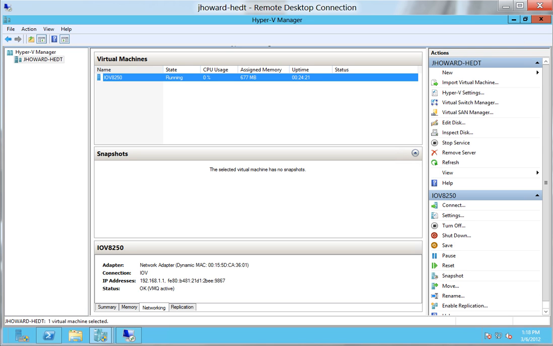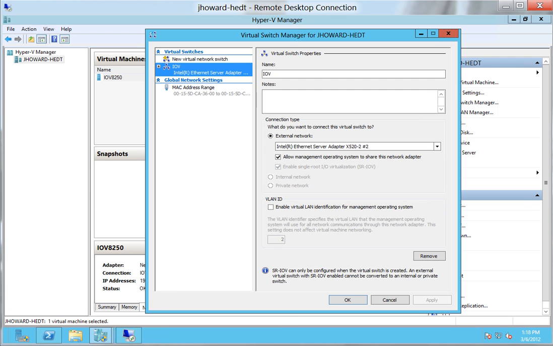I've got the networking tab open here for the selected virtual machine. You can see VMQ is active. If I look at Virtual Switch Manager to show you how I've got this machine particularly configured, I've got a single virtual switch called IOV, and we can see that the checkbox for Enable Single Root I/O Virtualization is checked. This is grayed out because you can only enable single root I/O virtualization at the point in time when you